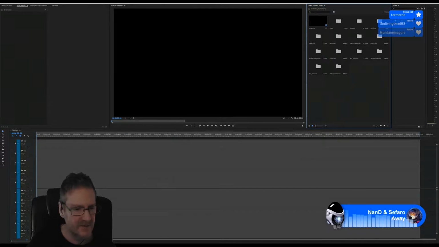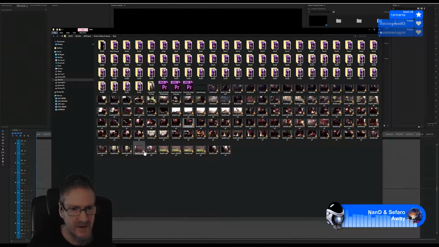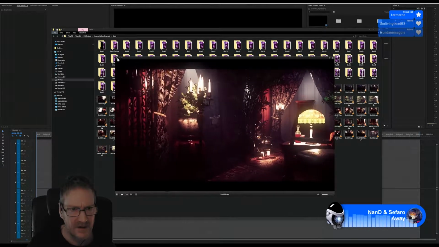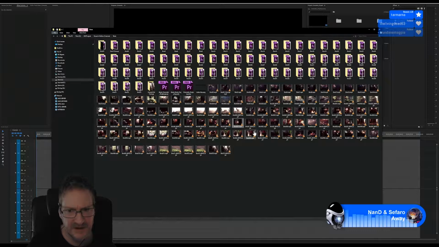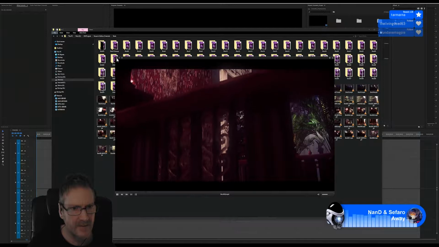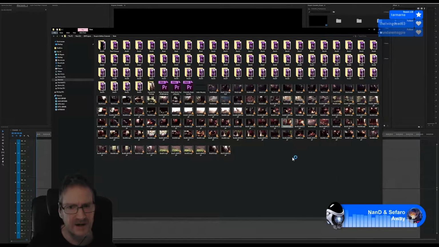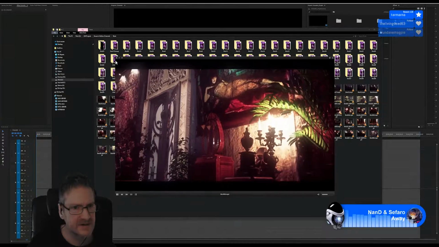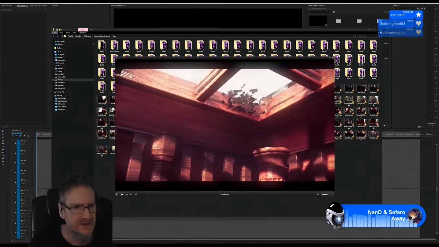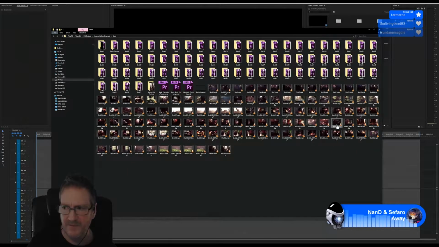All right, and then from there we start, we're inside the central stairwell, I think. So 50 was where we were leaving. No, 50 was inside, okay. 51 was where we were leaving, so 52 is the central stairwell, yep. 53 is also the central stairwell. 54, central stairwell. 55.